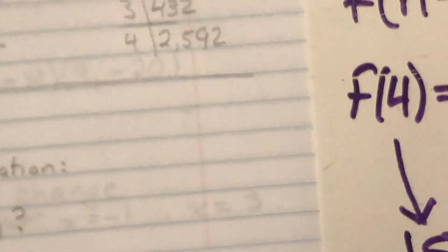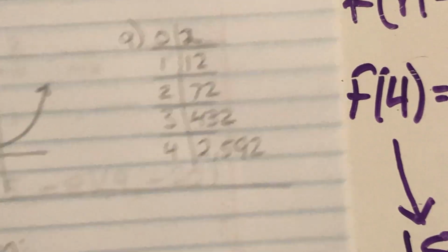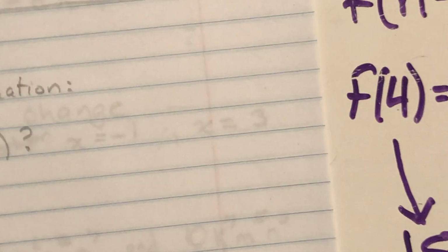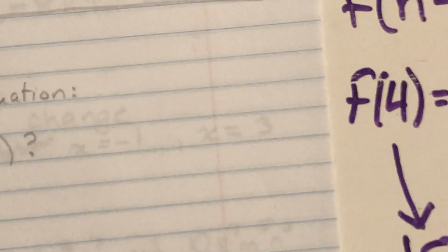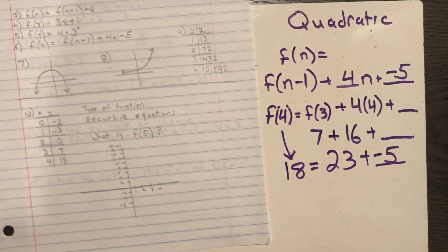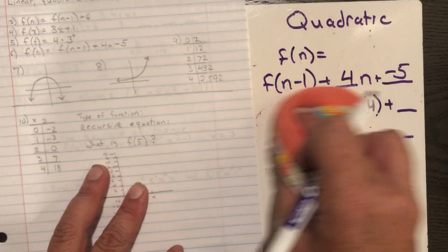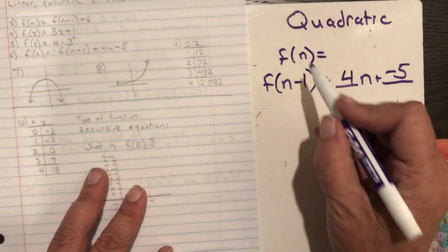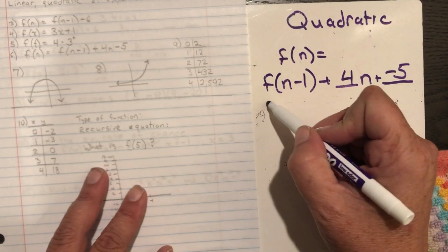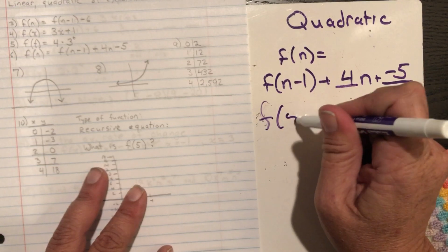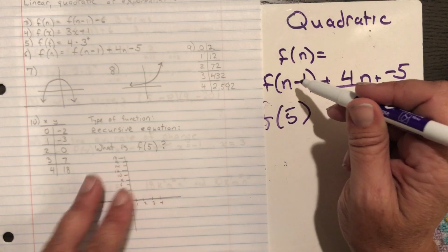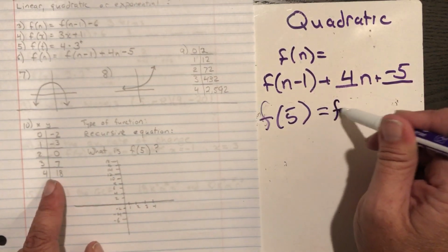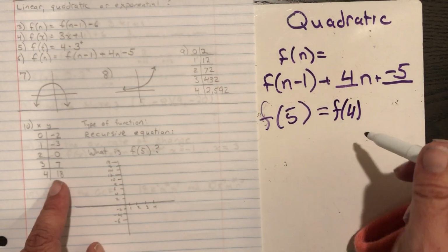Back to the question about what is f of 5. Well, we know that f of 4 is 18, and we have an equation that will tell us f of 5. Our equation says that if you want f of 5, you take the answer to the previous one. f of 5 minus 1 is f of 4. And the answer to f of 4, we already know this is 18,